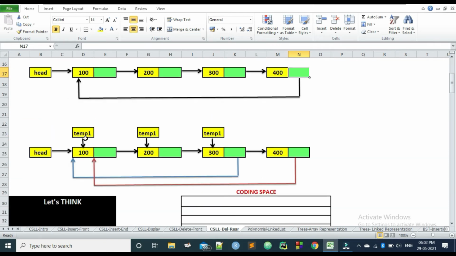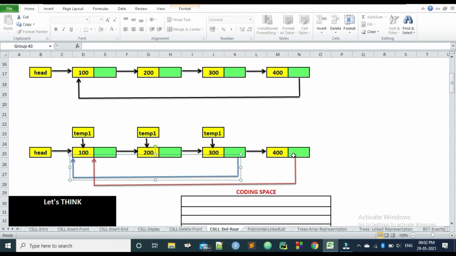What we can do is that first we are going to put a pointer to the first node. Let us name the pointer as temp1, and then we have to move temp1 to the node before the last node, in this case to the third node. Then using temp1 we have to print the data of 400, then delete the last node, and then put the link of the third node to the first node.